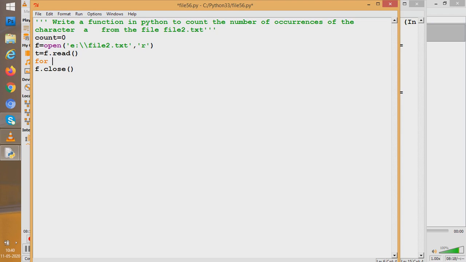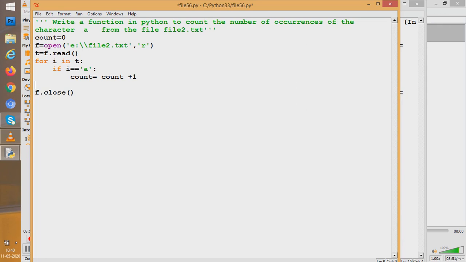I'll say for i in t: if i is equal to a, then increase count by 1. So simple it is. So you understood, students, what I did? Whatever is in t, one by one goes into i, and I check whether i is the character a or not. And if i is a, increase count by 1.